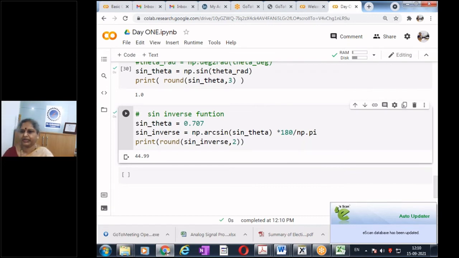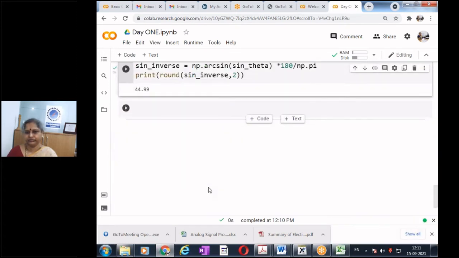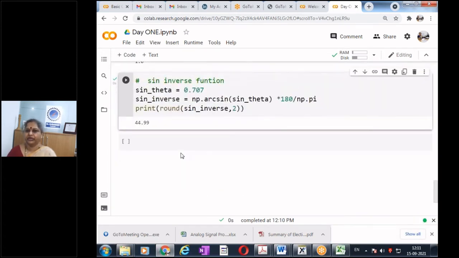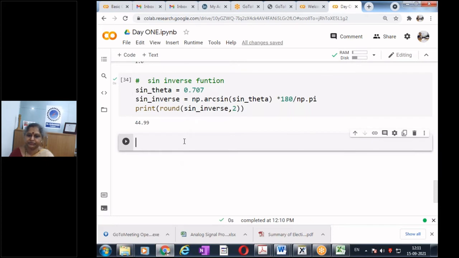So that is what I'm getting, 44.99. Are you all able to do the sine, the cos, the inverse sine, and tan inverse, etc.? Yes.